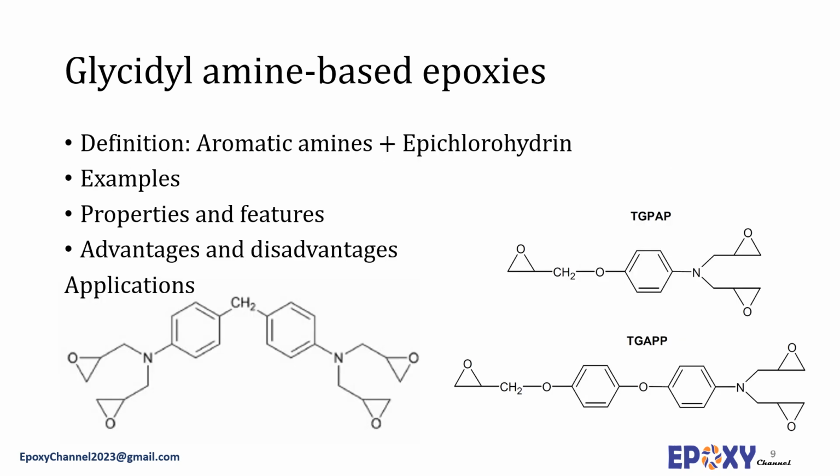Glycidyl amine-based epoxies. Herein again we are dealing with an epoxy structure with epoxide groups containing glycidyl groups, where the linkage between the glycidyl and the molecule is an amine linkage. We can identify the glycidyl group which has been connected to the rest of the molecule through an amine link. Glycidyl amine epoxy resins, or GAER, are produced by the reaction of aromatic amines with epichlorohydrin. Two typical glycidyl amine epoxy resins are triglycidyl para-aminophenol and tetraglycidyl of